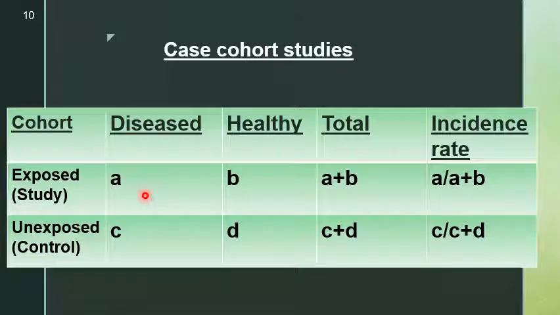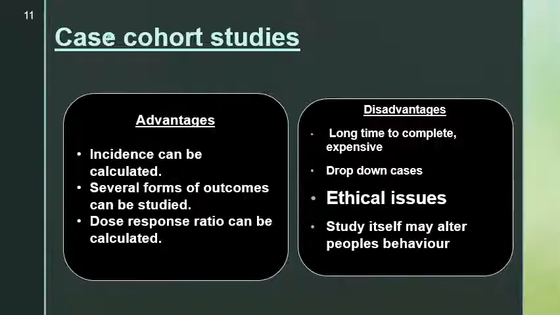So if we just see this table, this is the study group or the smokers, in which A group has developed lung cancer, B will have remained healthy. So the total exposed group or total smokers were A plus B, and incidence rate, meaning how many cases of lung cancer we got, will be A divided by the total number of patients. And same in the control group, we have C, 1 or 2 or however many patients have developed lung cancer, and D is the number of patients who have remained healthy. So total will be C plus D, and incidence rate will be C divided by total patients. So now we will compare these incidence rates, event rates in study group and control group, and we will get the relative risk ratio.